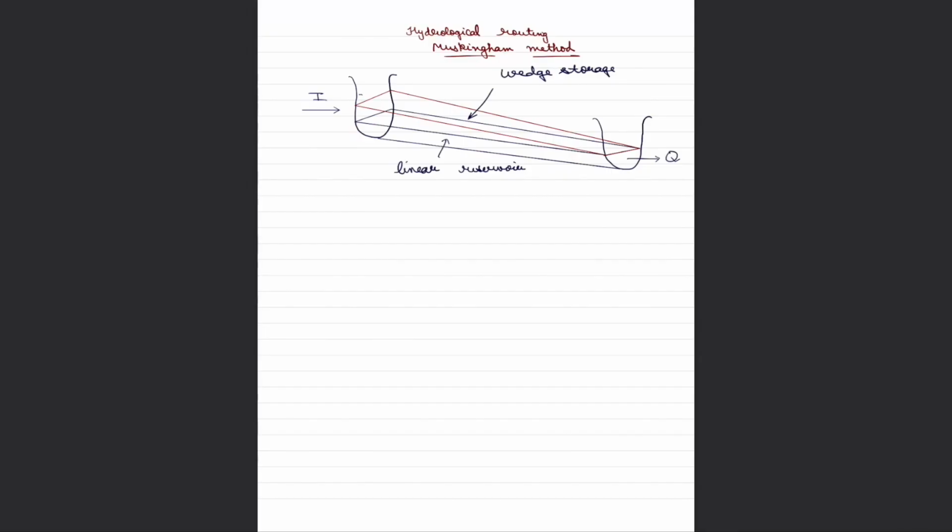Hello students, in our previous video we looked into a method of hydrological routing, where we were specifically talking about routing through reservoirs or storages. Now in this video we are going to discuss a river routing method which is commonly known as the Muskingum method, and this is the most popular method to model variable discharge, which we often represent by Q, and storage relationships.